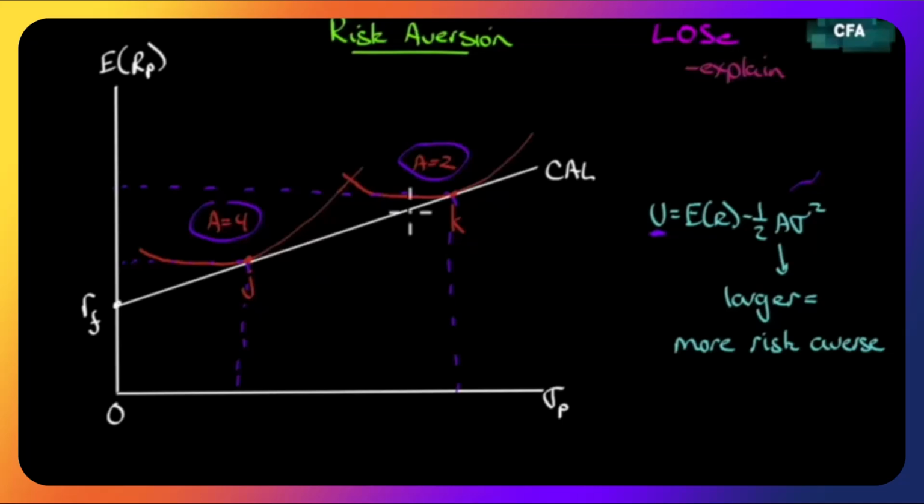We can move up the capital allocation line. We will accept higher risk, but we'll get higher return. This point here does not belong on this indifference curve at all. And this indifference curve would continue on, and as we moved further and further, it would start to get steeper and steeper. So to take this much risk, somebody with an A of 4, you can keep extending this upwards, you can see would have to be compensated with a much higher level of return.